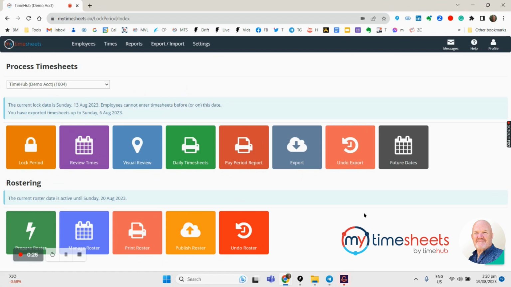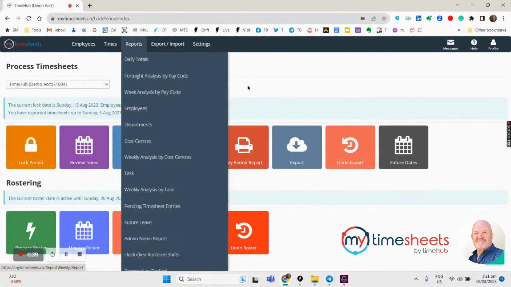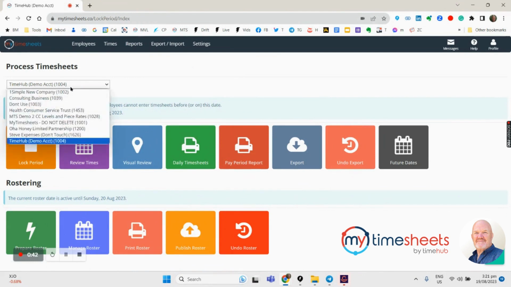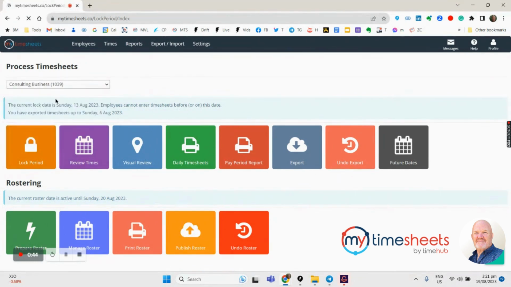And the information that you see when you come into this, so this is what your management portal would look like if you were logging in as an administrator. But there are different modes, like the app, it can be configured depending on what you need. So in this example here, I've got access to all of the functionality, including the rostering and everything else, all the reporting. But I can also have it so that I can log in to a different mode where I'm